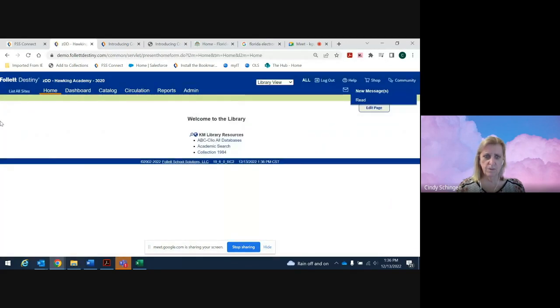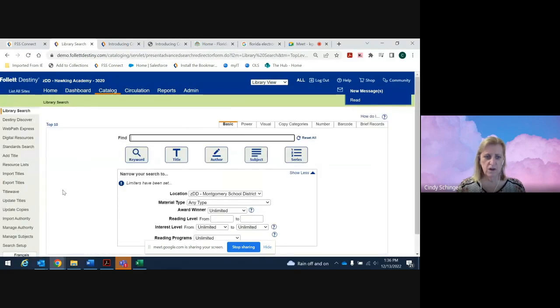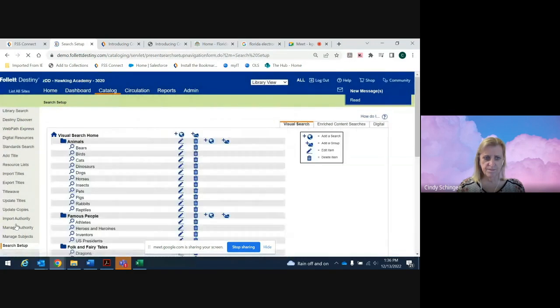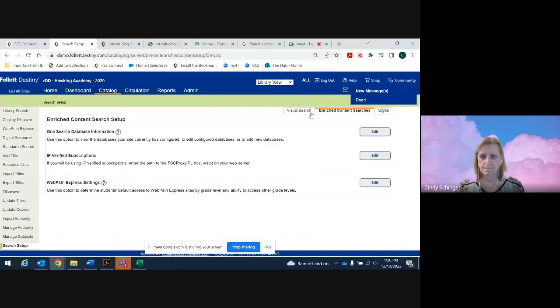Now I'm in my back office. I'm going to go into my catalog tab, and then I'm going to go down to the bottom on the left and click on search setup. Then I want to click on enriched content standard, or I'm sorry, searches. And then in here, you can see I have my OneSearch database information. So if I click on edit,